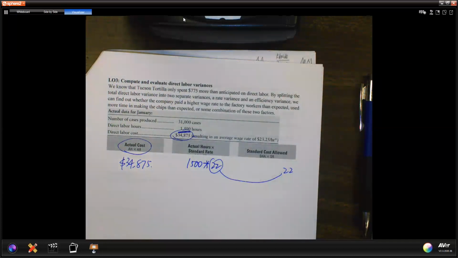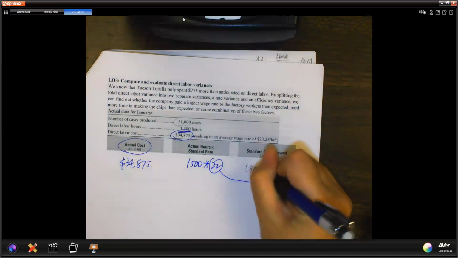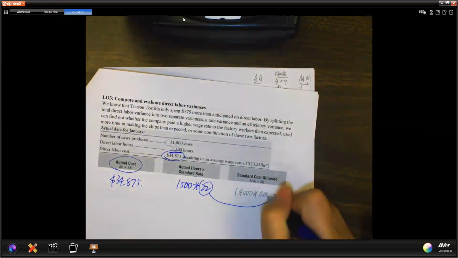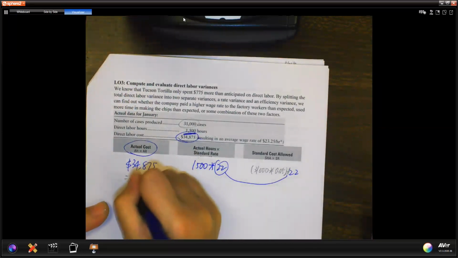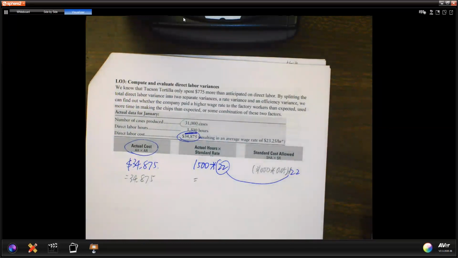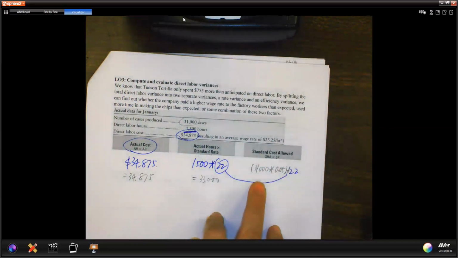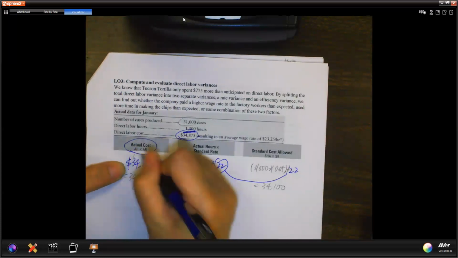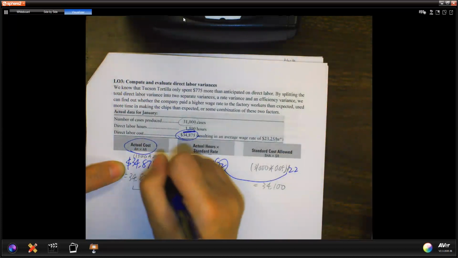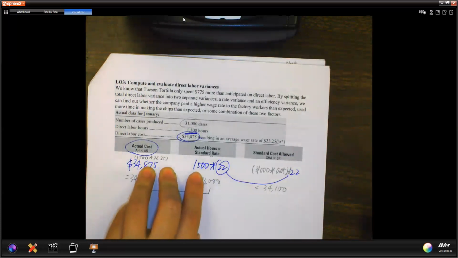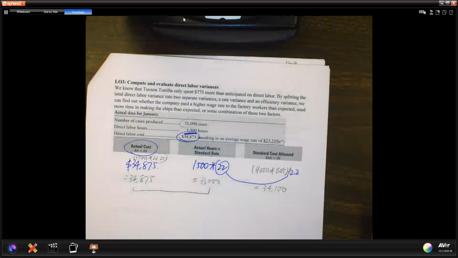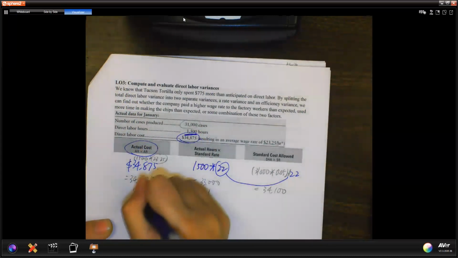So what is our standard hours? We totally produced 31,000 units, and each one unit we said we should have used 0.5 direct labor hours. I'll put it there. So if you do all the math, this is already 34,875. This will give you 33,000. This will give you 34,100. Okay, and then we said the difference of this, remember, so your actual, I'll just put it here, is 1,500 times, it's already calculated, 23.25. So the difference of the first two columns, they are all based on 1,500 hours, but you thought you just paid $22, but you paid 23.25. You definitely will have an unfavorable, we call it direct labor rate variance,